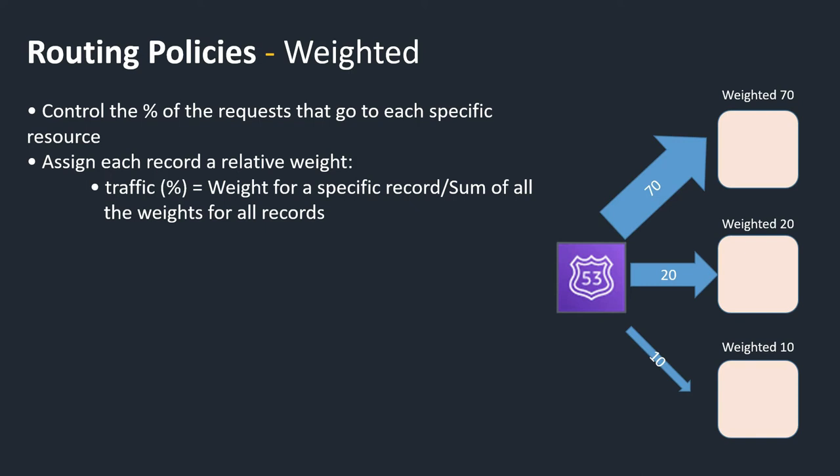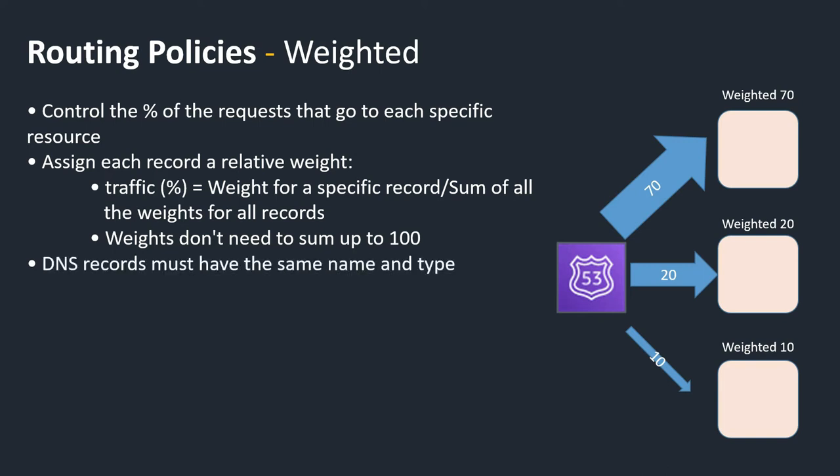The weights don't need to sum up to 100. They are just indicative of how much we want to send to this instance compared to all the other records for your DNS name. To make this work, the DNS records must have the same name and same type,